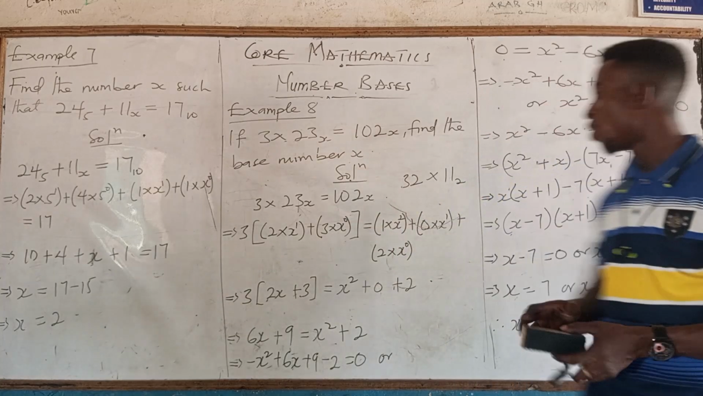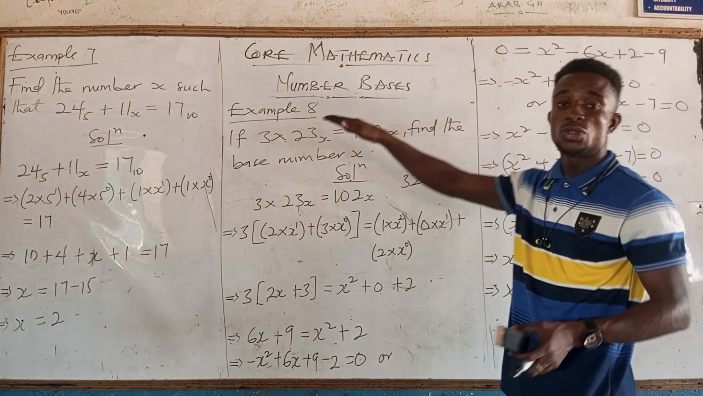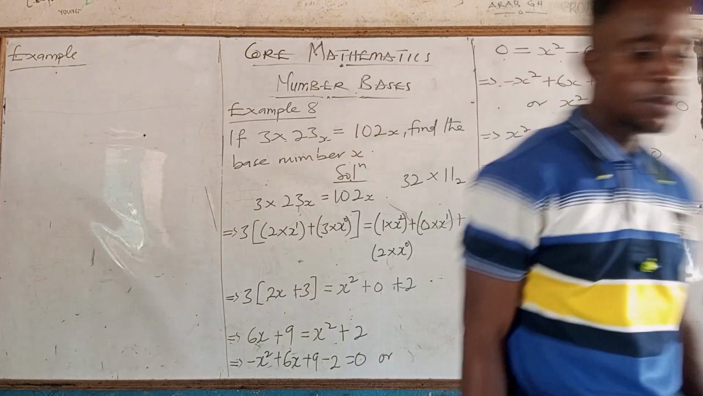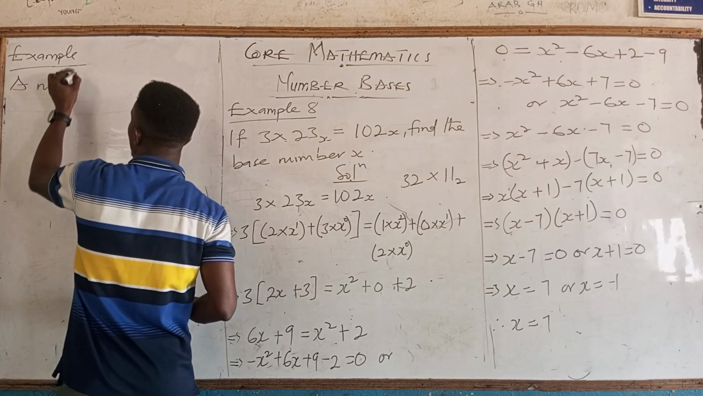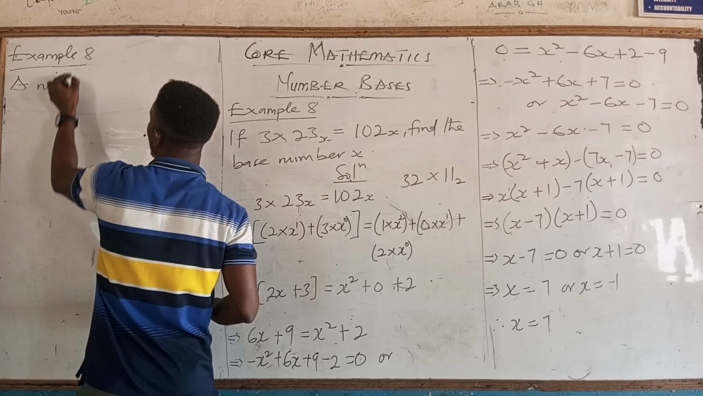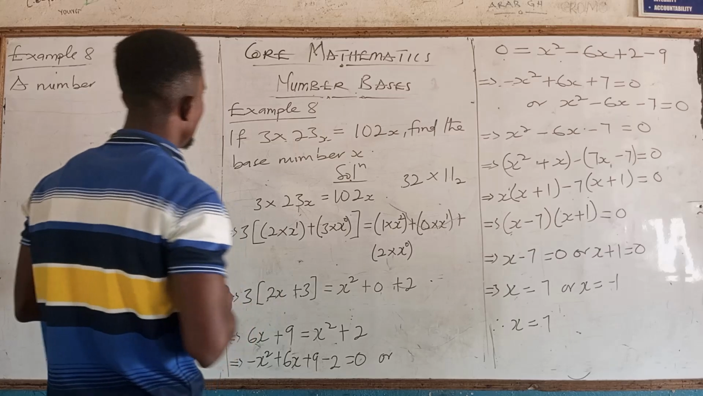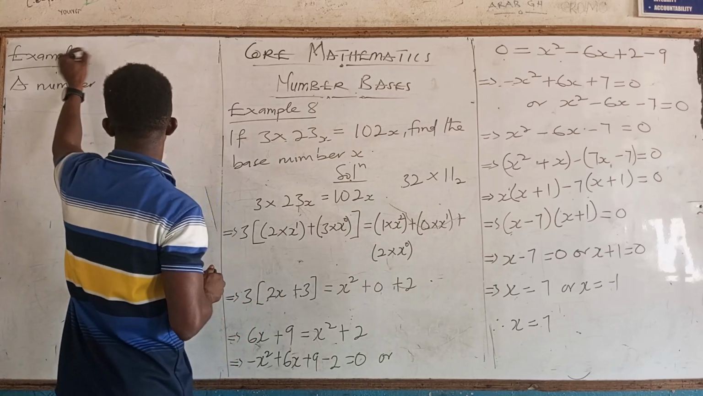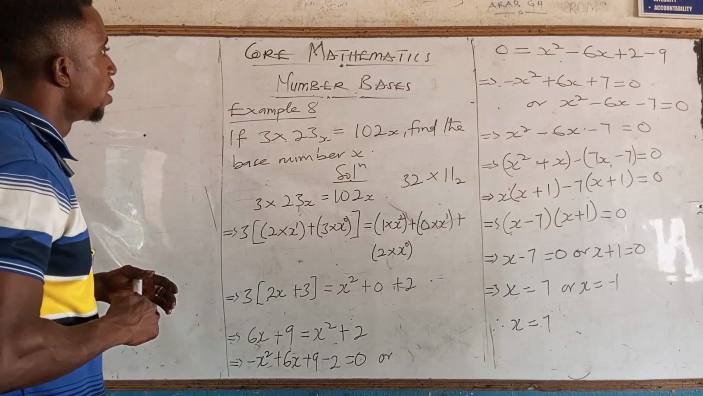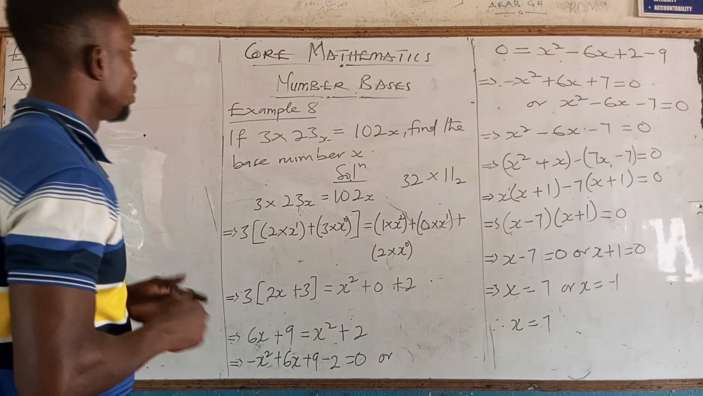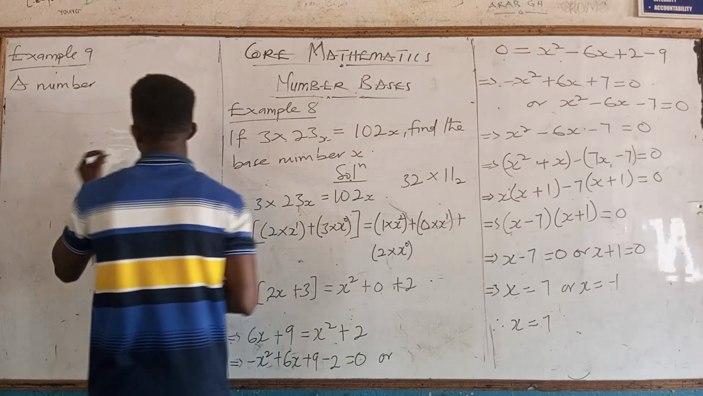Are we okay? Okay. So that is that for example number 8. Example number 8 is a word problem. So this one is going to be example 9, because we are having example 8. So example 9. A number